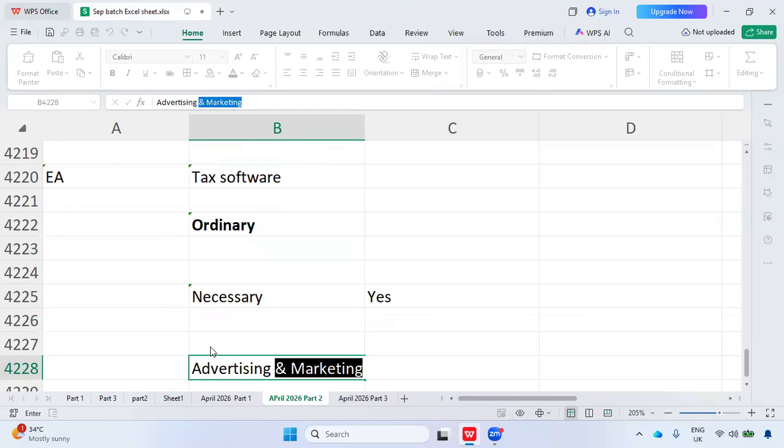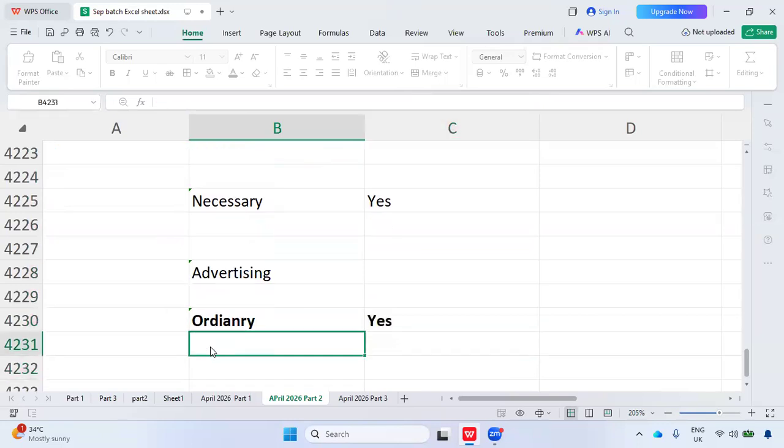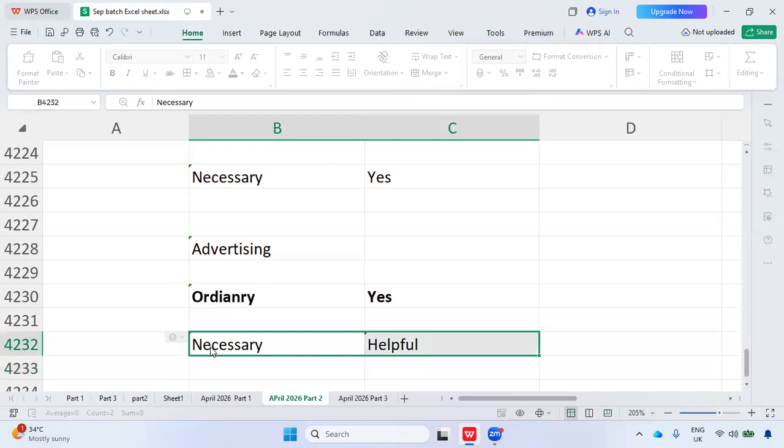advertising purpose. So first think about ordinary. So is it ordinary? Yes, which is ordinary, which is general expenses. Every business, advertisement is important, right? So this is ordinary. And is it necessary? Without which can we run the business? Yes, without advertisement also we can run the business, but the advertisement will be helpful, right? So that's the reason. Here, necessary in the general meaning is important, indispensable. But for tax purpose, necessary doesn't mean mandatory. Even if it is helpful for the business, we will consider it as necessary,